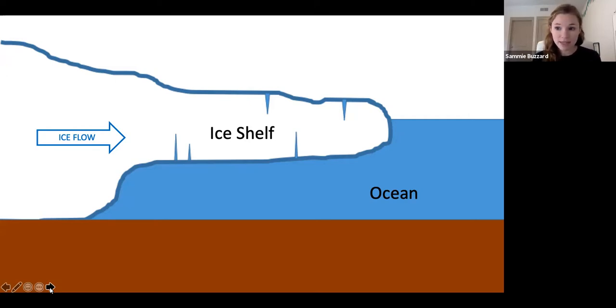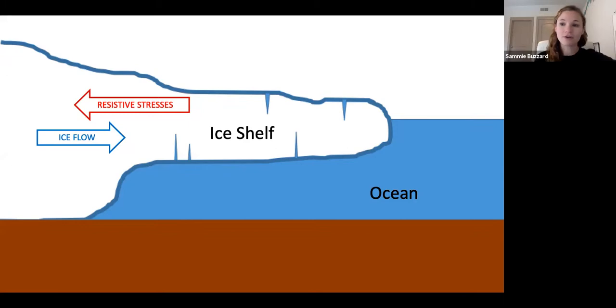And why they matter, especially in the context of global sea level, is that they provide resistive stresses that keep a lot of the ice on Antarctica that's trying to flow off of the continent on the continent. So it kind of regulates the flow off of the ice shelf. Icebergs will carve from the edge of the ice shelf and remove that floating ice to the ocean. And snow will fall on Antarctica, and so on, kind of keeping things